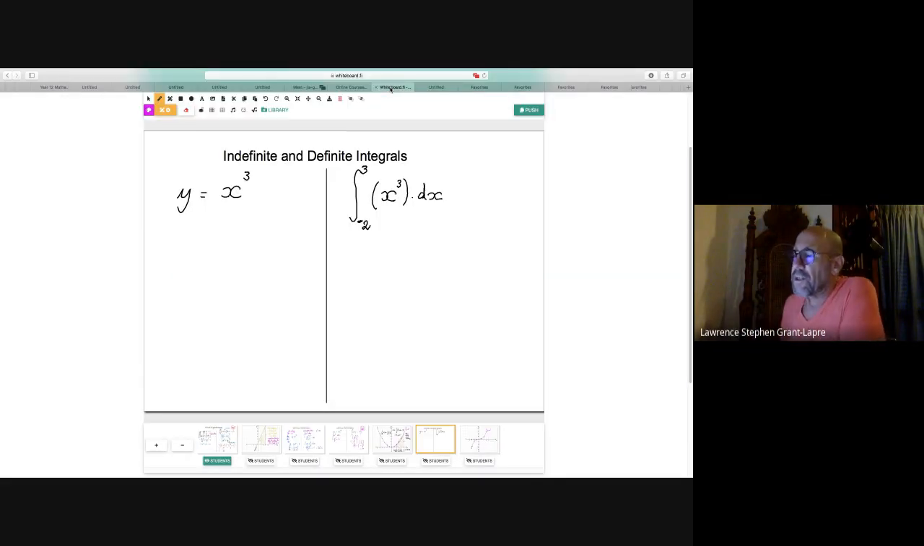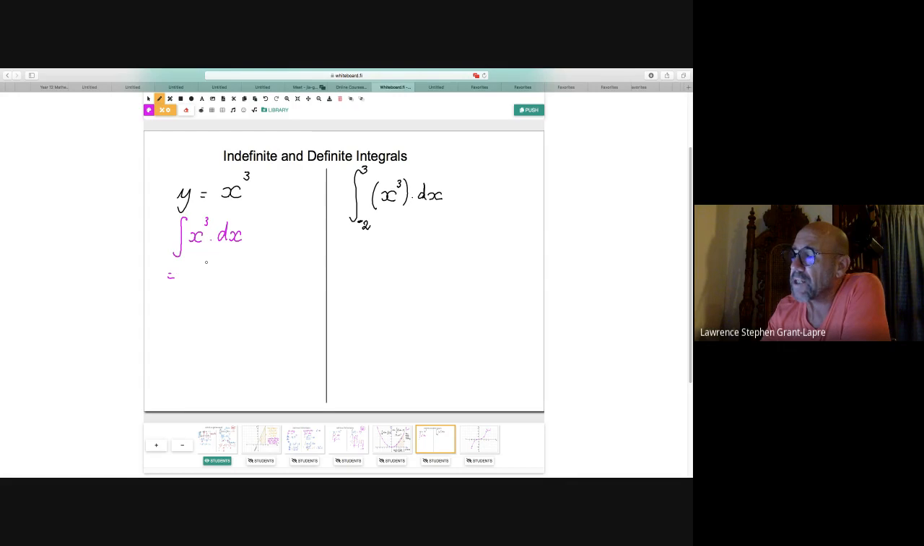In this session, I'd like to look at the indefinite integral and the definite integral of a cubic function. Now we've got x cubed. So let's have a look at the indefinite integral of x cubed, and the variable is with respect to x. Now this will equal,